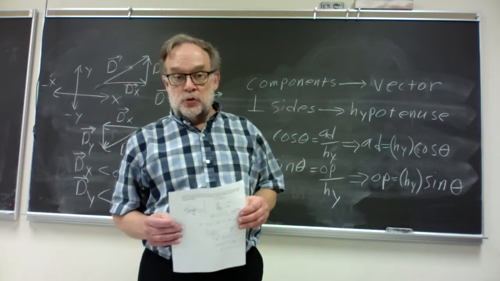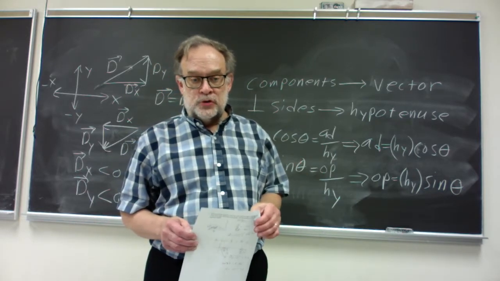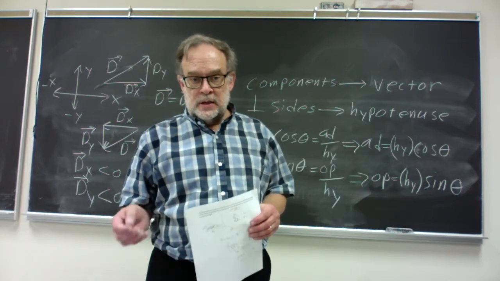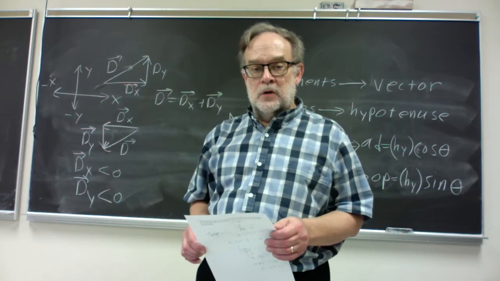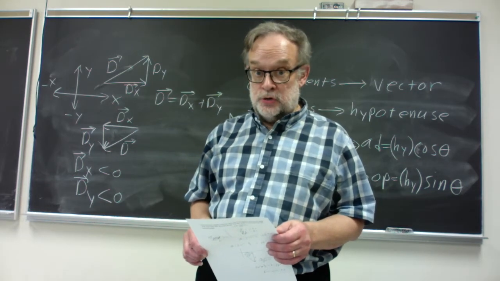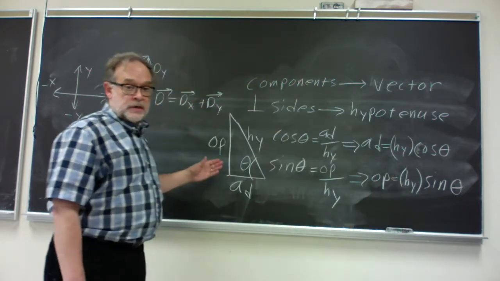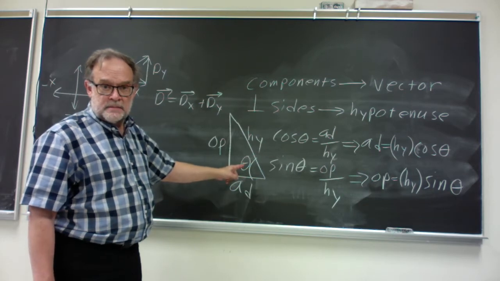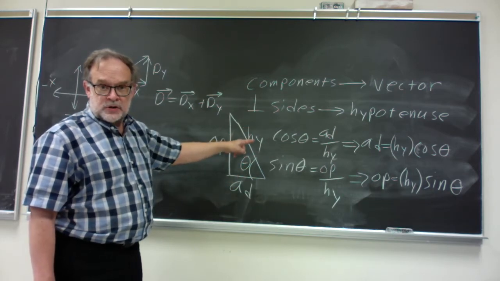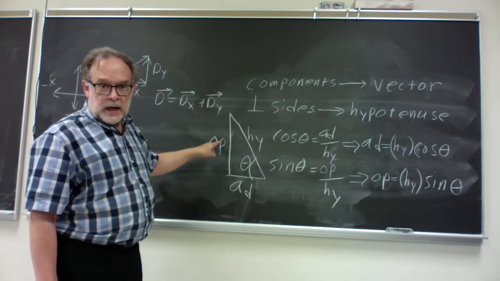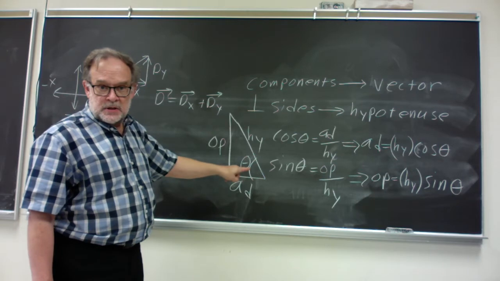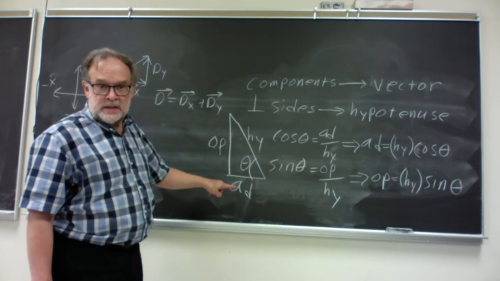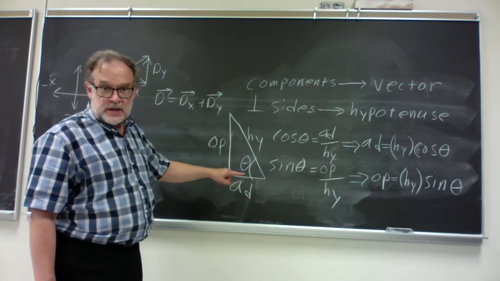Now, this actually allows us to do a little bit of trigonometry, useful trigonometry, because one way of defining trigonometric functions is to define them as ratios of lengths of sides in a right triangle. For example, here's our triangle, and let's pay attention to this angle here. We'll call it theta degrees. And we label the three sides. This is called, of course, hypotenuse. OP for opposite, because this side is opposite to the angle that we're paying attention to. And the length of this side we call AD for adjacent, because this side is adjacent to the angle that